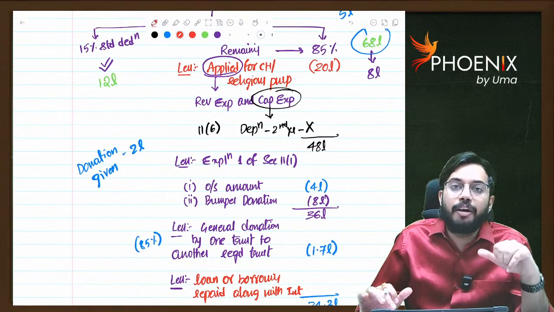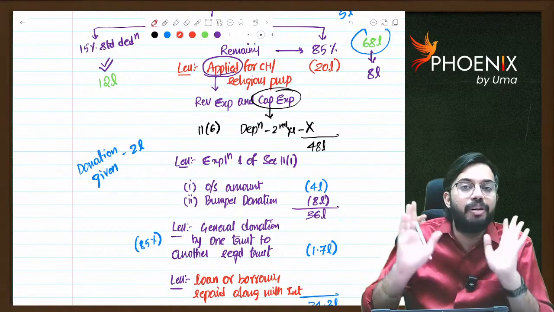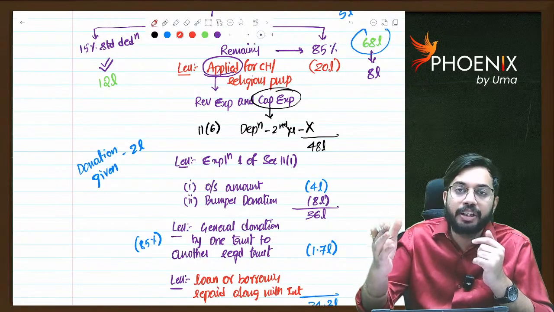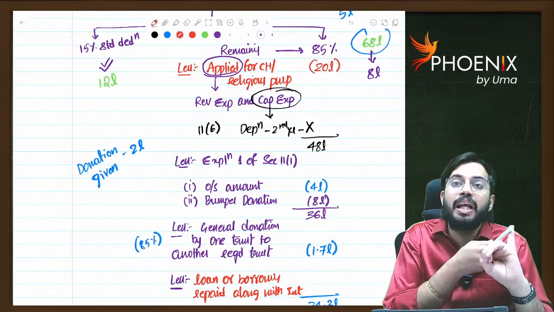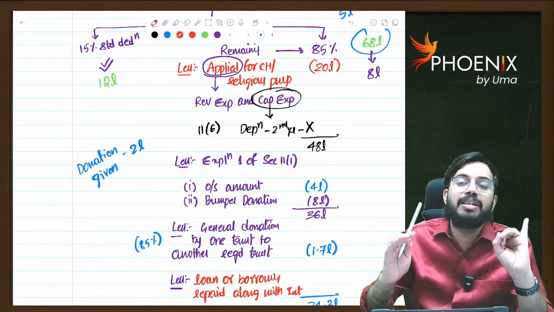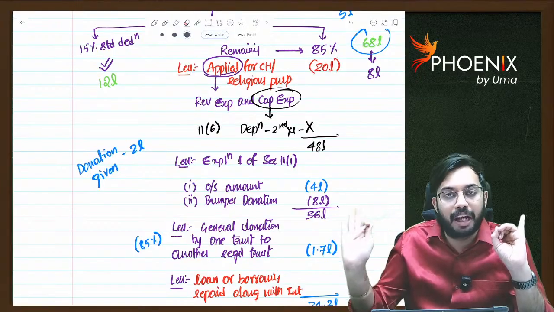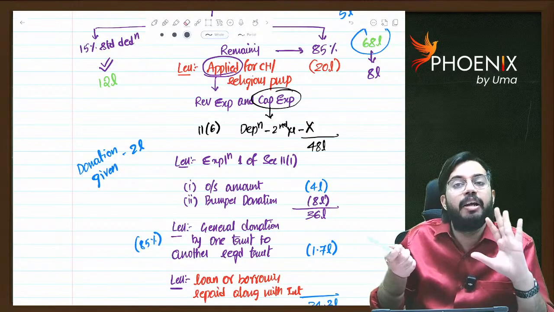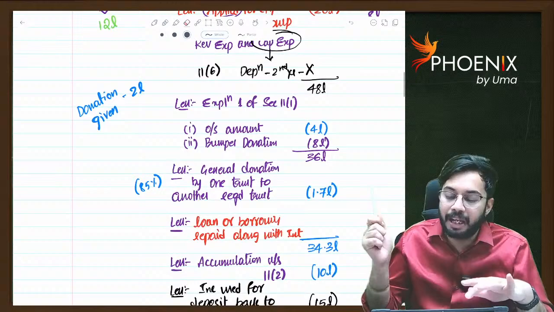Yeah, Explanation 1 of Section 11(1). If there is any outstanding amount, you will give a declaration. That outstanding amount you will claim as deduction. If you get any bumper donation, that also you will give a declaration and you will claim as deduction. But outstanding amount, bumper donation. Outstanding amount you should apply in the year of receipt or in the immediately next financial year. Otherwise, whatever the amount that you did not apply, taxable under 115BBI at the rate of 30%. Next, bumper donation you should apply in the immediately next financial year. If you fail to apply, whatever the amount that is not applied, taxable under 115BBI at the rate of 30%.